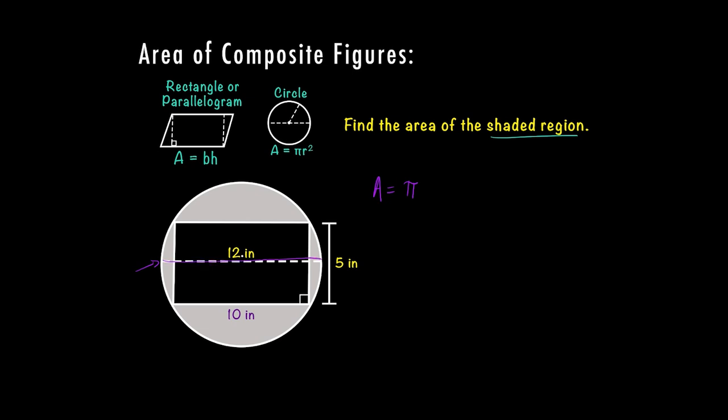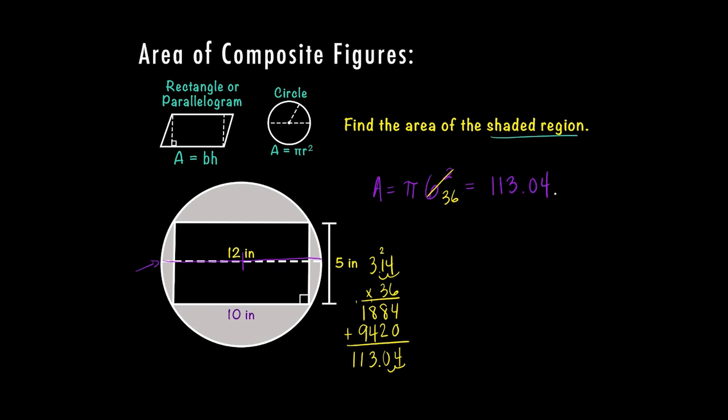The diameter is 2 times the length of the radius, since the radius is only halfway across, so that means the radius in this case is 6 squared. And now I need to go ahead and multiply that out. So pi is 3.14 times, I know 6 squared is 36. Okay, so now I can see that the area of the circle is